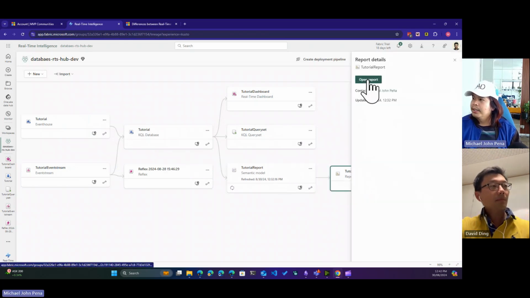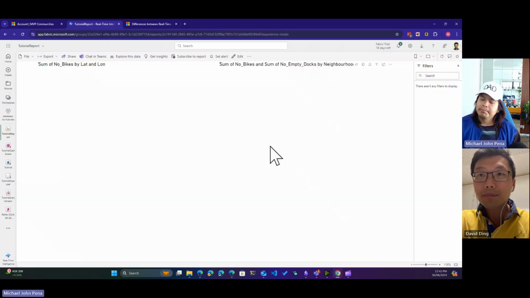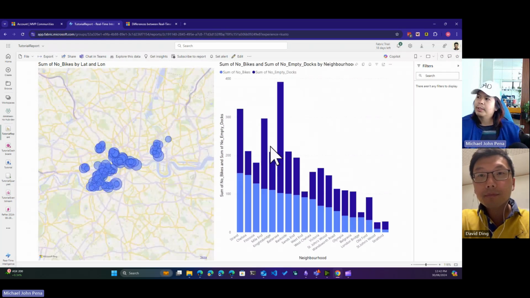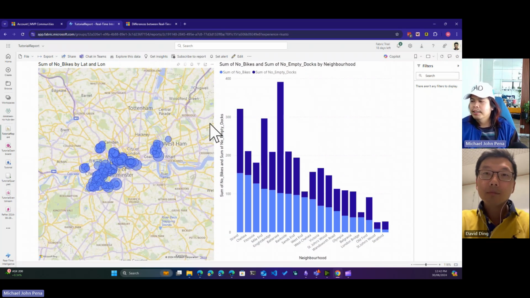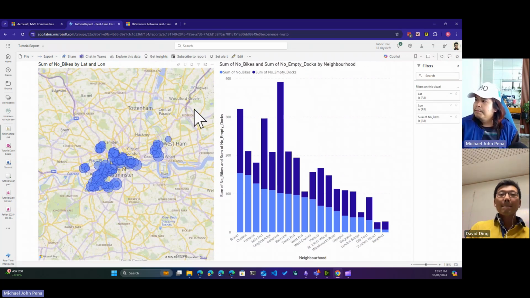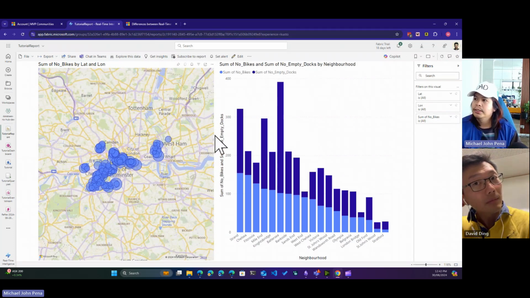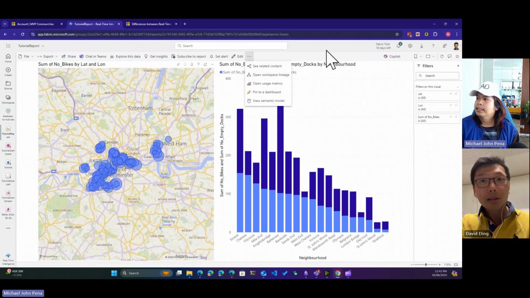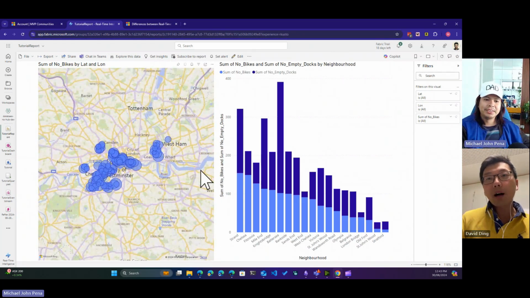So when you open this report, this is all Power BI. You can edit this and use all those custom elements you like, maps and everything. It's fast, and to an extent you can still probably call this real time, but it's not as fast as the real time dashboard.